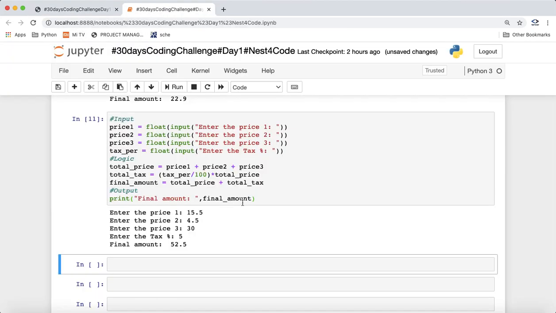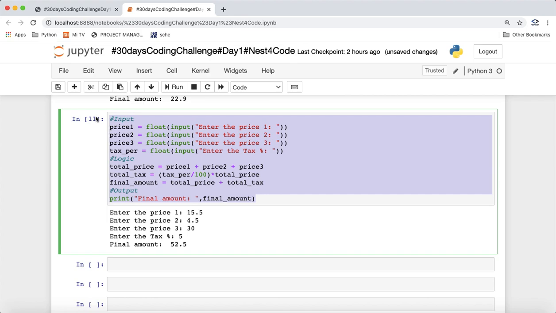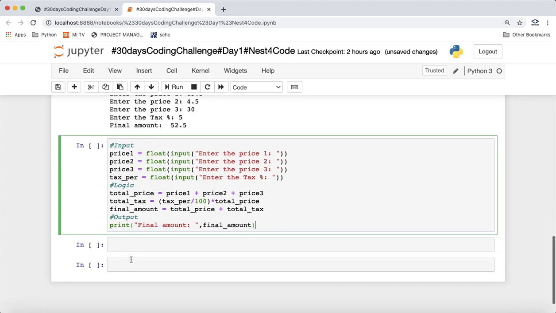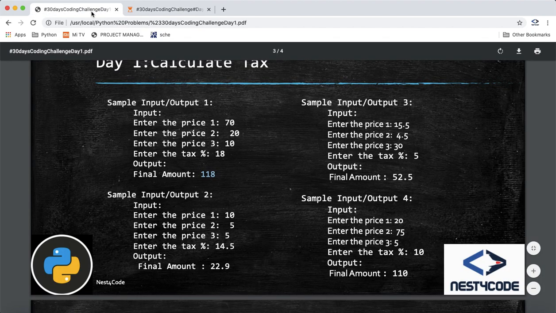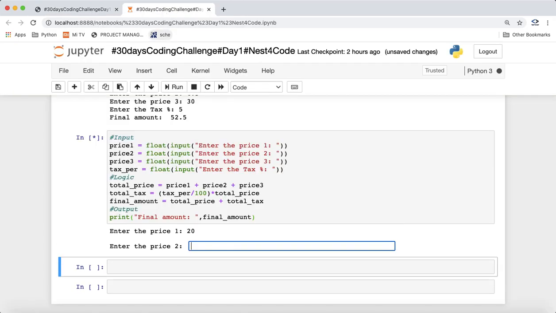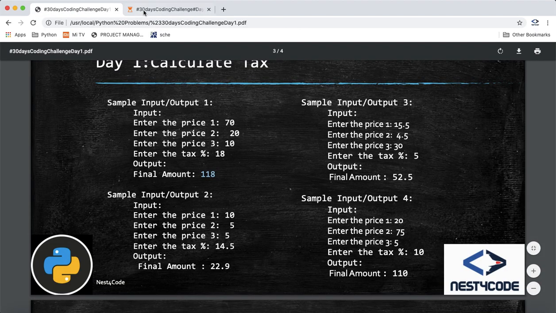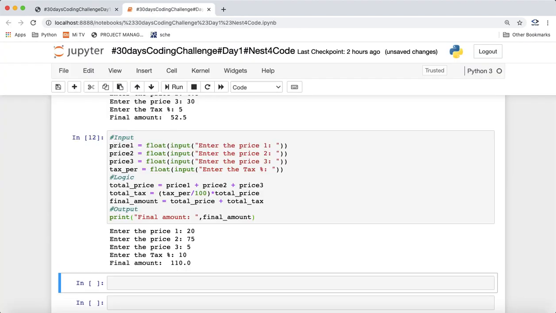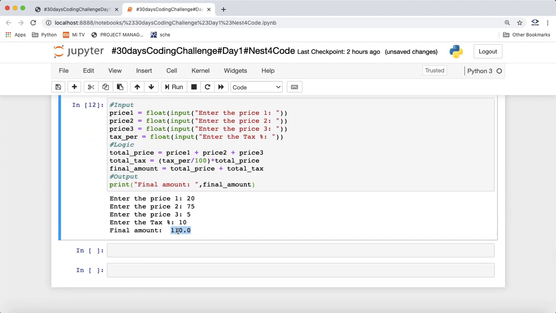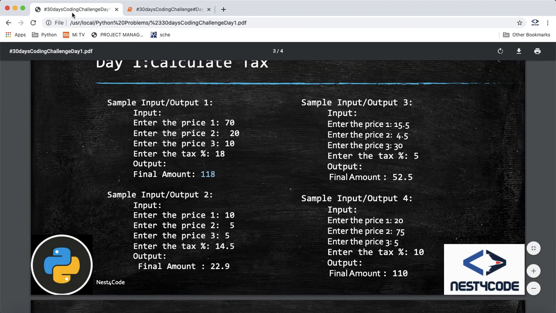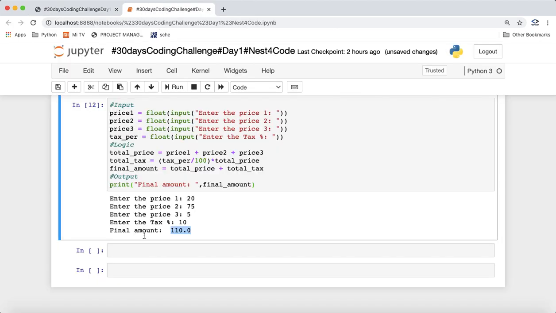So our third test case also passed. Let's go with the fourth test case. What are the prices? 20, 75, 5. What is the tax percentage? It's 10. Our output is coming as 110.0. Here it's 110. It's fine because we are handling the decimal values.